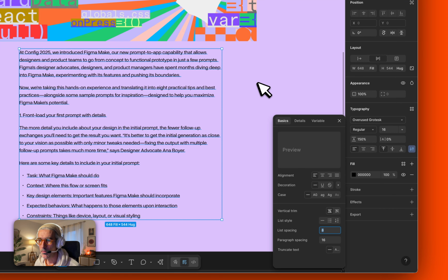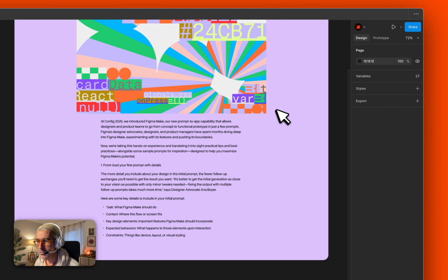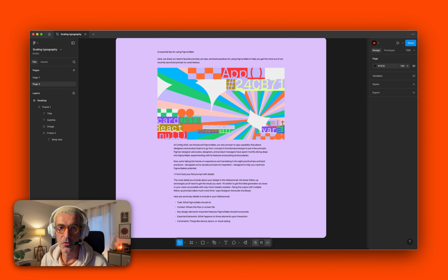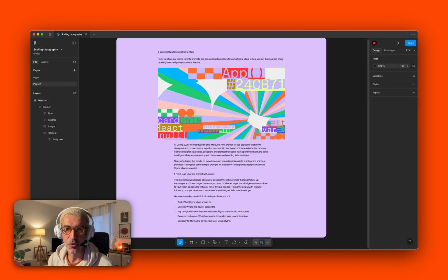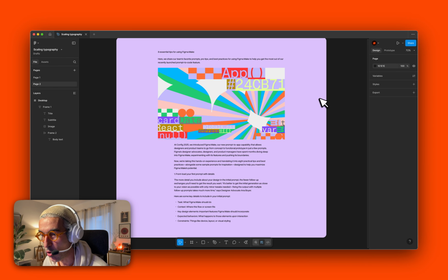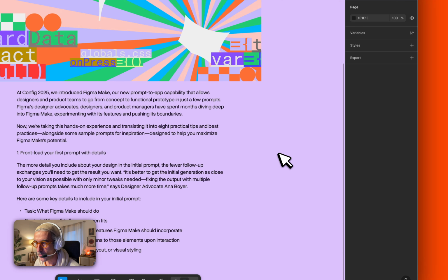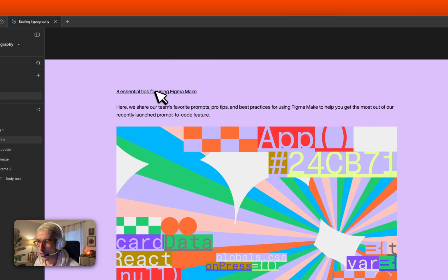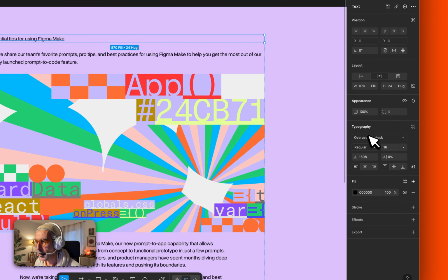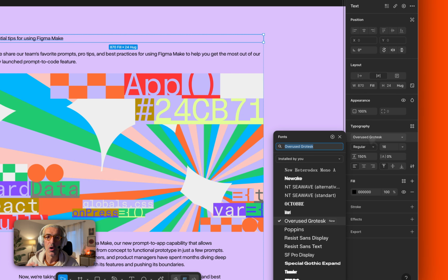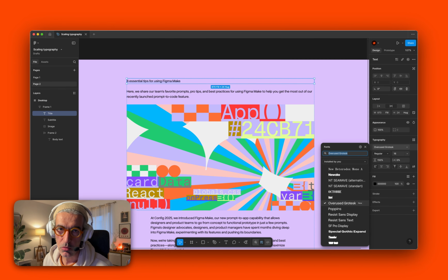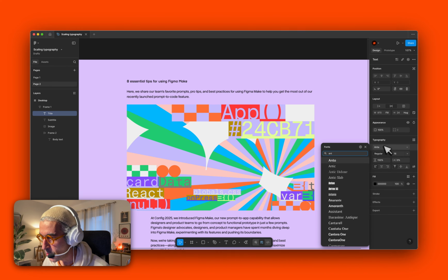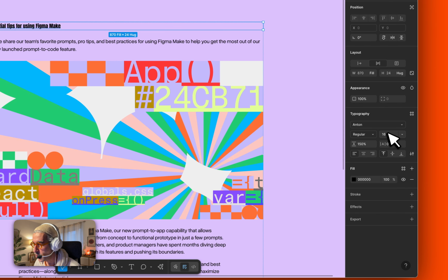8 seems good. So these are like foundational stuff. So first I need to set my overall design, and then I can scale them up or down. Let's reduce to 140 maybe. That's looking good. So for the next one, I would highly advise you to choose 1 or maximum 2 font families. Anton maybe can be a good